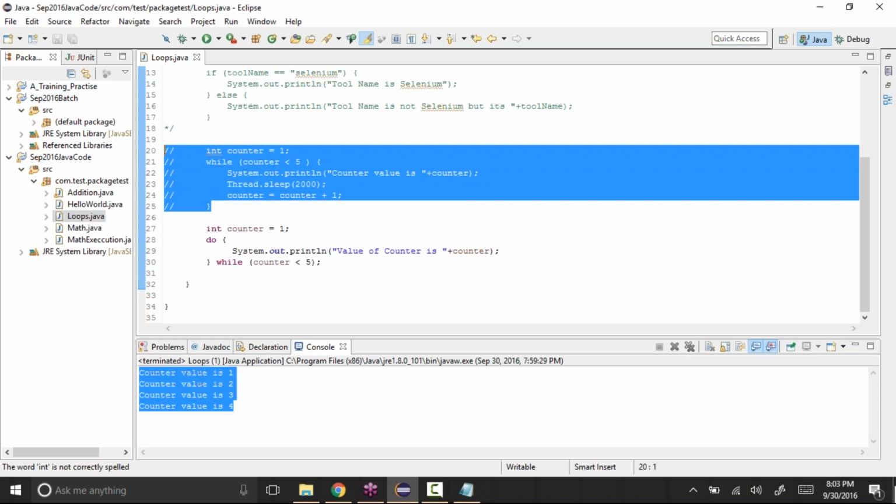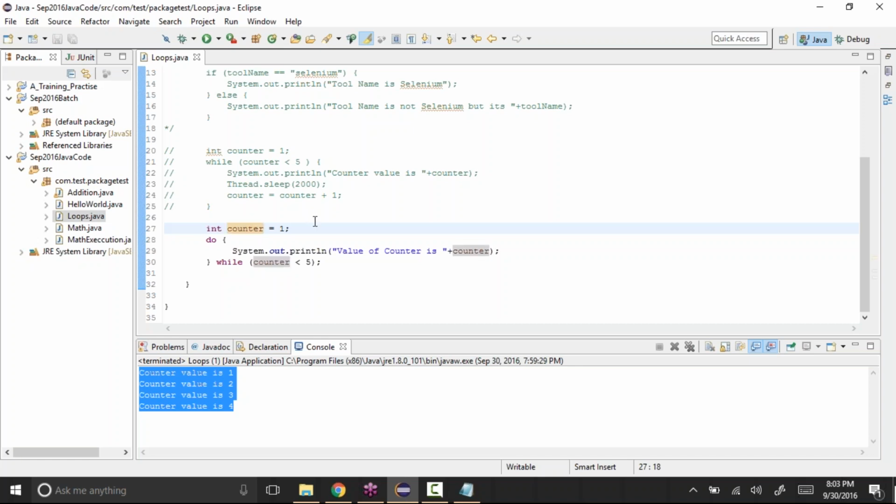But with the while loop, if the condition is false at the first step itself, then it will not execute at all. Let's say I'm making the counter value 5, and now we are checking counter less than 5. 5 is not less than 5, 5 is equal to 5. So this condition becomes false, but still it will execute once.